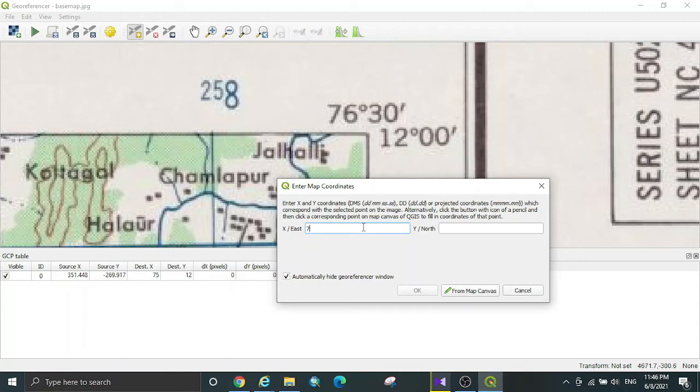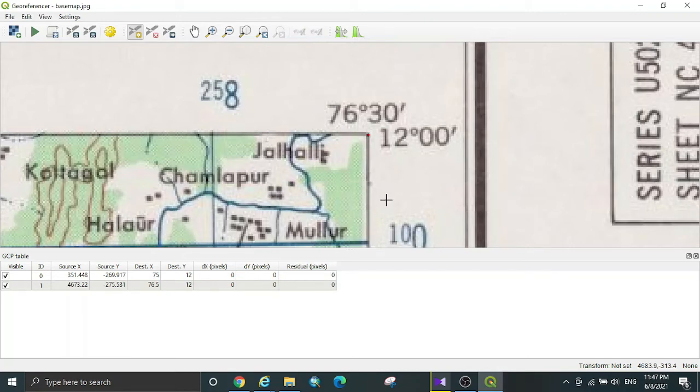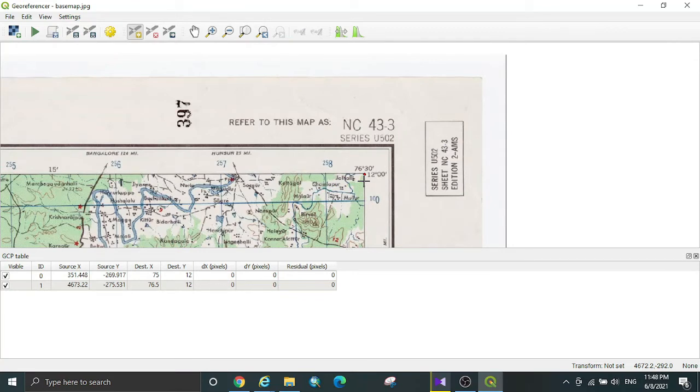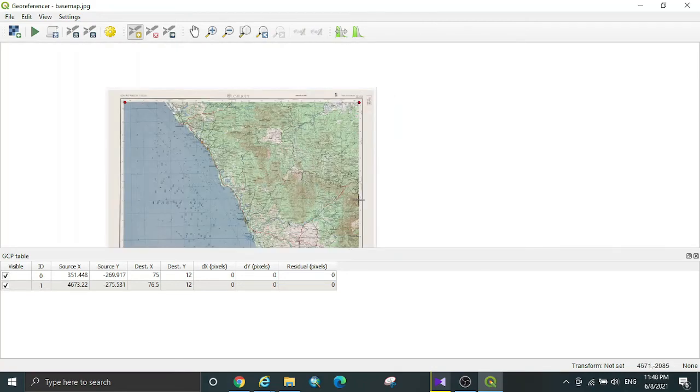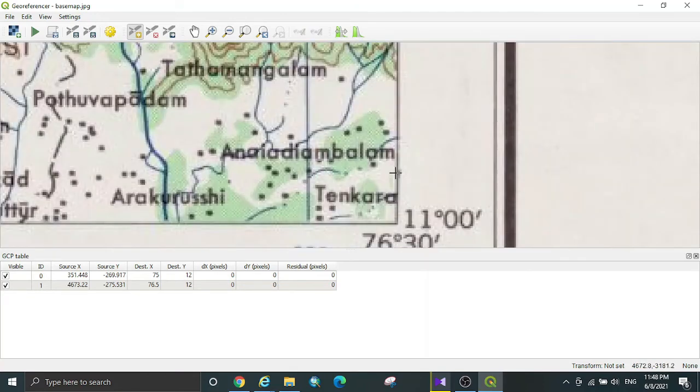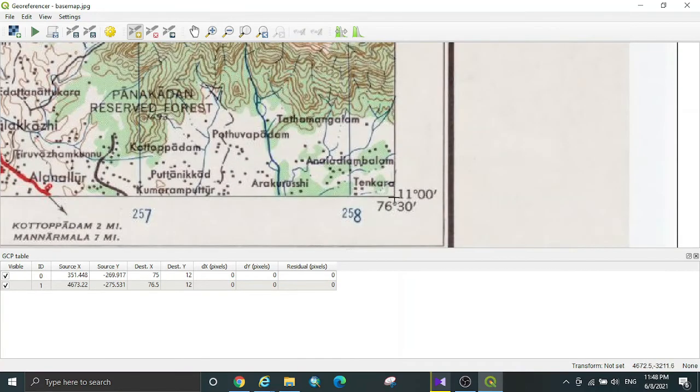Here X is 76 degrees 30 minutes. Here I separated the values using a space, and Y is 12 degrees. Here also the point is created at the intersection, and we can see the second row is added into the GCP table. Add the values to the remaining two corners. We can also use the scroll button to zoom in and out.